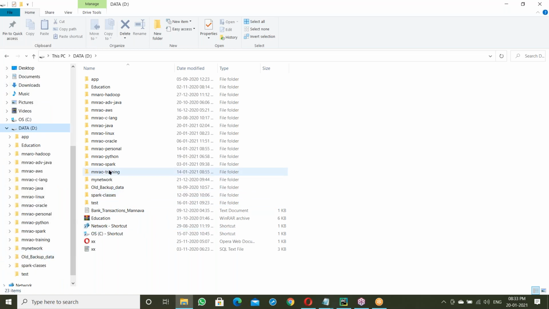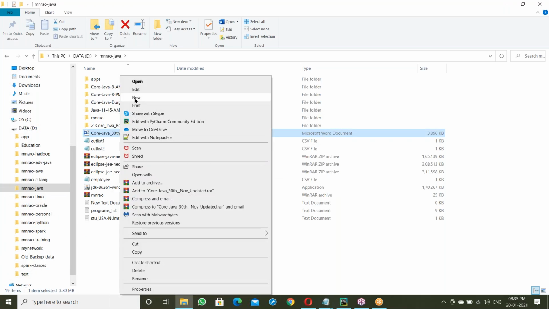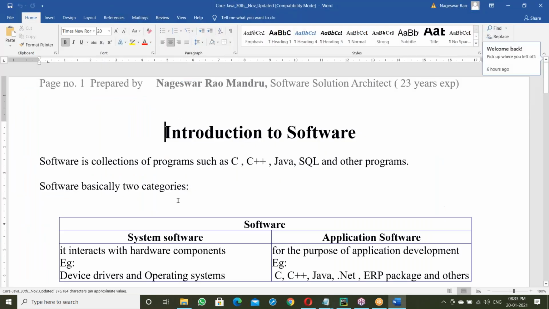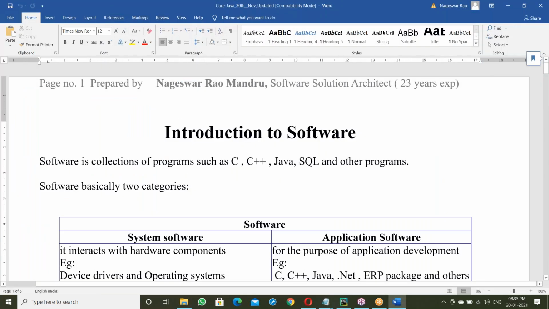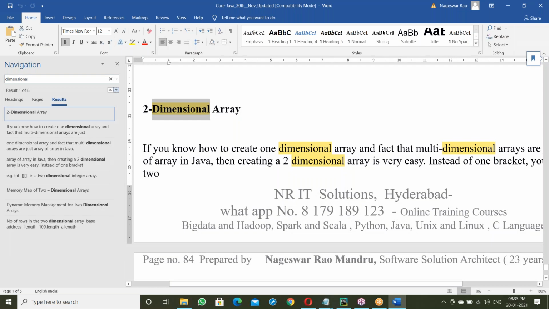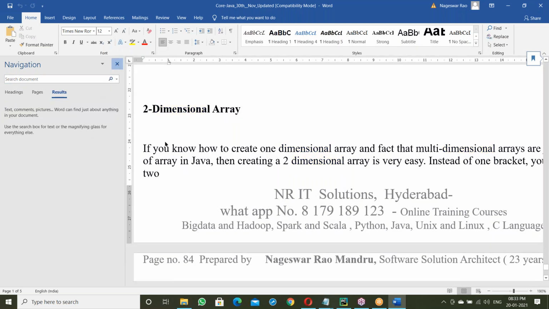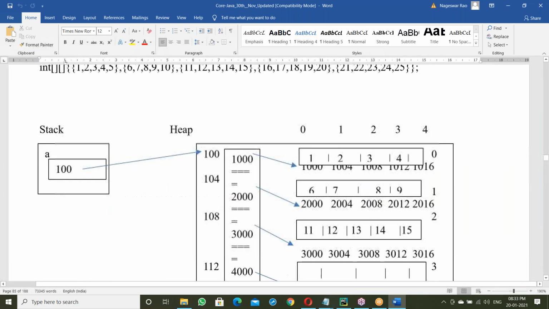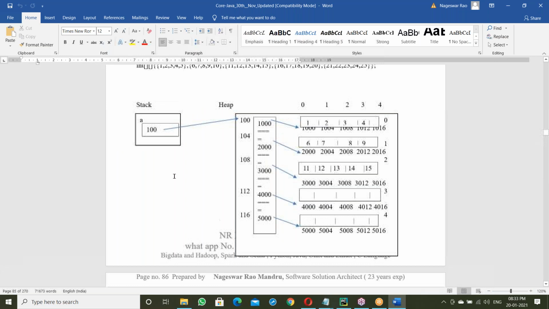Let me open the Java documents. See yesterday's topic: stack and heap.